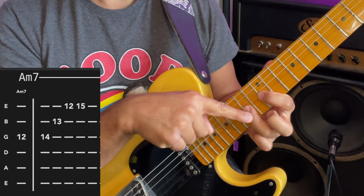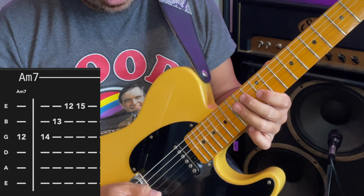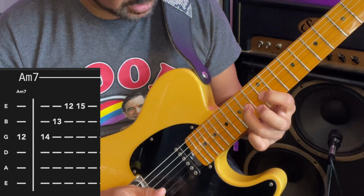First note's a pickup note. Downbeat happens on this note. 1 and 2 and 3 and 4 and 1 and 2 and...